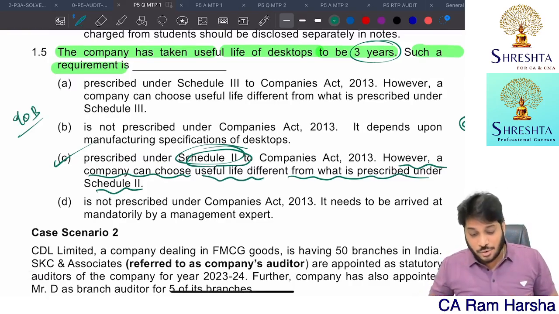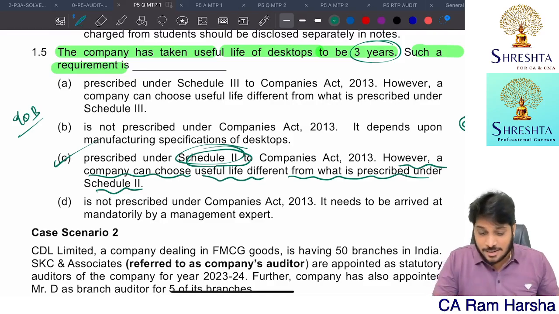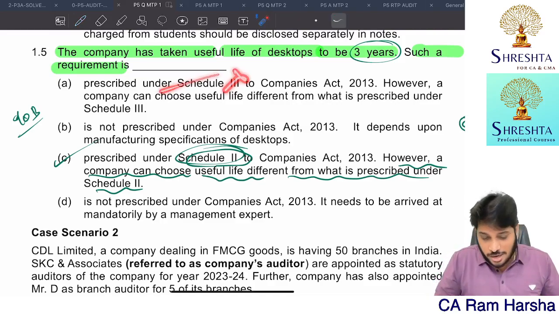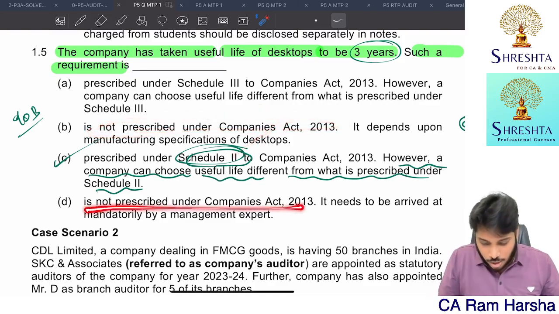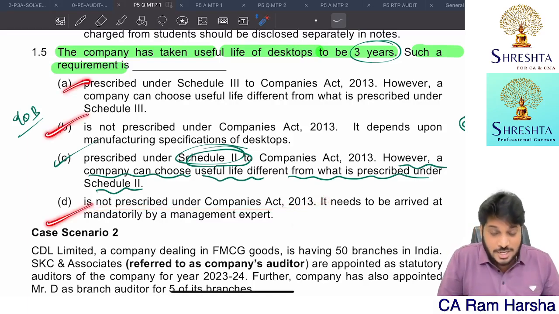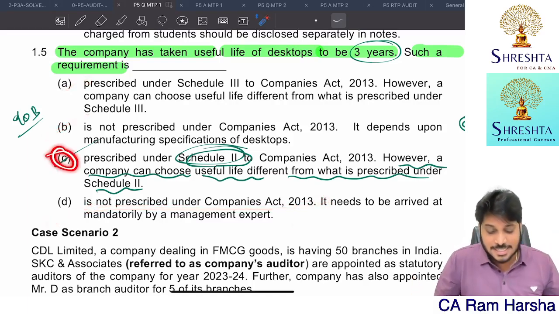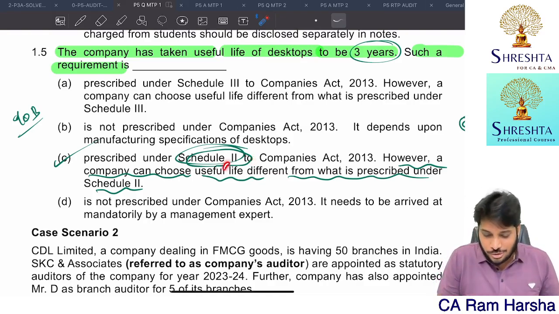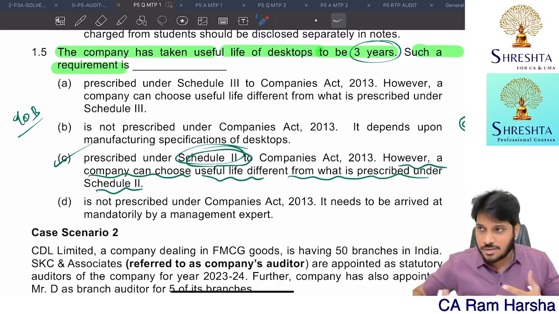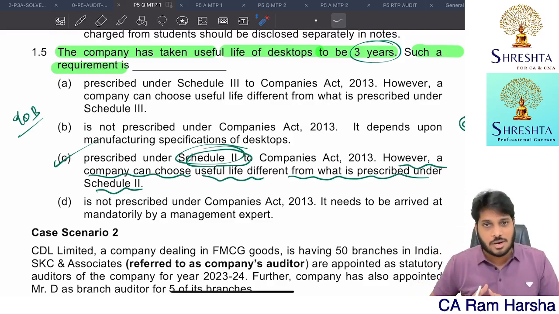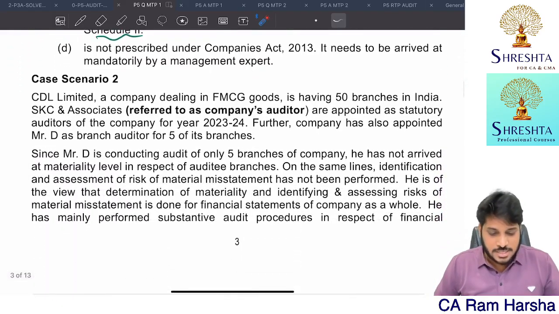But if you observe, no, in this question, I can easily say that prescribed under schedule 3, wrong. It is not at all spoke under Companies Act, that is also wrong. It is not spoke under Companies Act, that is also wrong. Because these 3 are not at all right answers, I selected this answer. Getting it? So it is not that I know this answer. Schedule 2 rates of depreciation, nobody knows. Even audits and all, we also in our practice also, if at all we want to see, we open schedule 2 and see which rate is applicable accordingly. So case scenario 1 is completed.